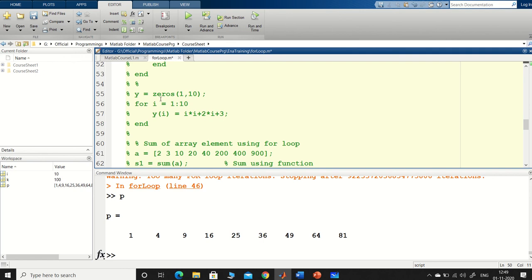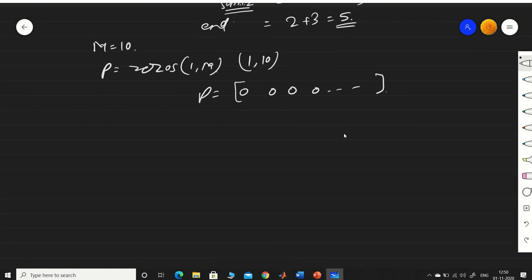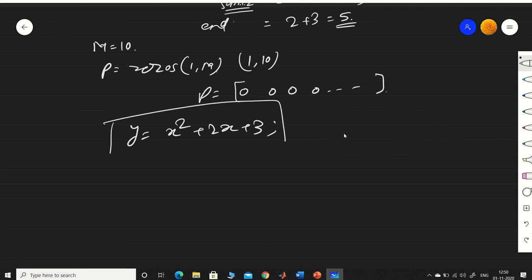Let's take another example. So what I am going to do here is y is equal to zeros(1,10). So 10 values I have taken in y which are all zeros, and i is equal to 1 to 10 I am going. Any vectors you want, like some algebraic expressions or something you want to store inside a function, you can very easily do that using a for loop. There are many other methods also, but right now I am teaching you the for loop. So what I am going to do is x square plus 2x plus 3. So suppose this is the value that you want to store for continuous values of x equal to 1, 2, 3, 4 up to, suppose, 10.